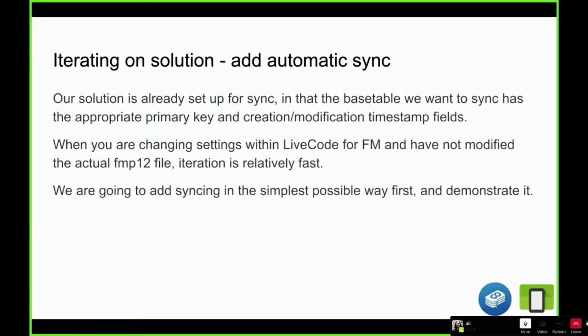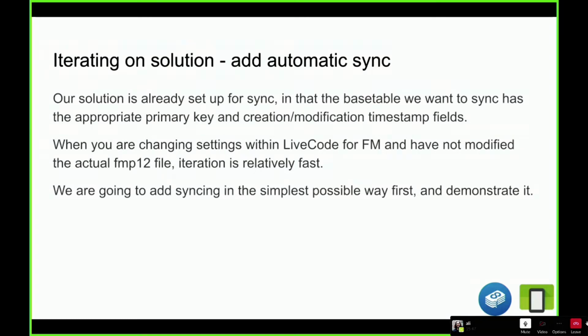The first thing I'm going to demonstrate is adding automatic sync to our solution. The solution itself is already set up for sync, in that the base table we want to sync has the appropriate primary key and creation and modification timestamp fields, which are what we need for syncing.